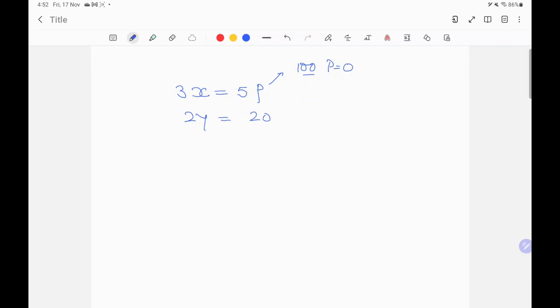This is explicit formulation. Here x can be found out and y can be found out independently. When these equations are independent, they are explicit. Suppose I write an equation like this: 3x plus 2y is equal to 5 and 3x minus 3y is equal to 0. Now this equation cannot be solved individually. This is called implicit,